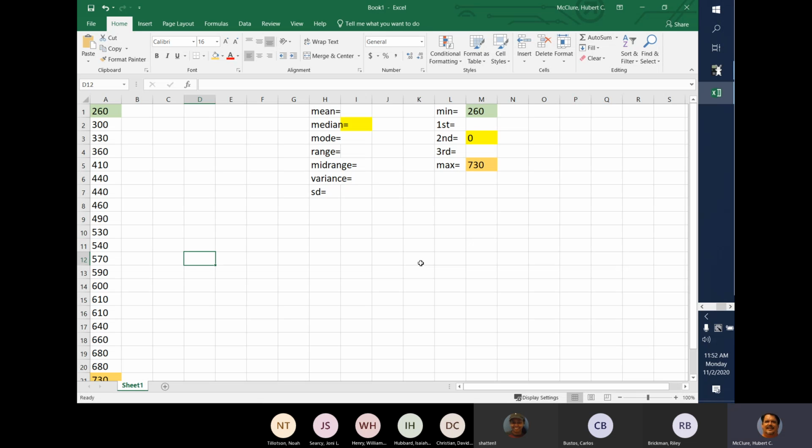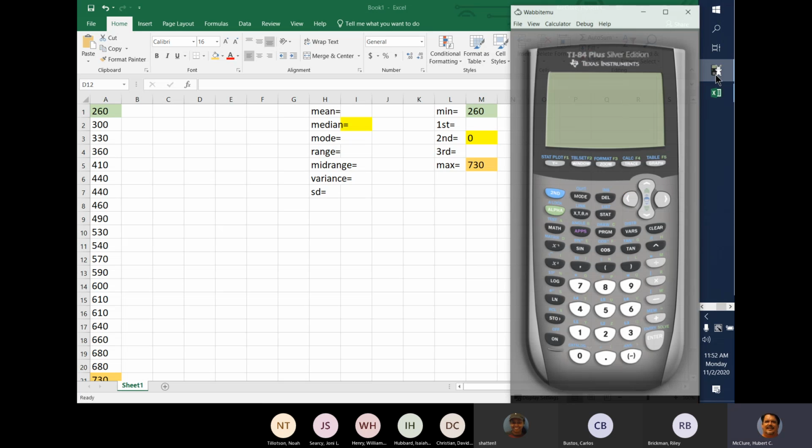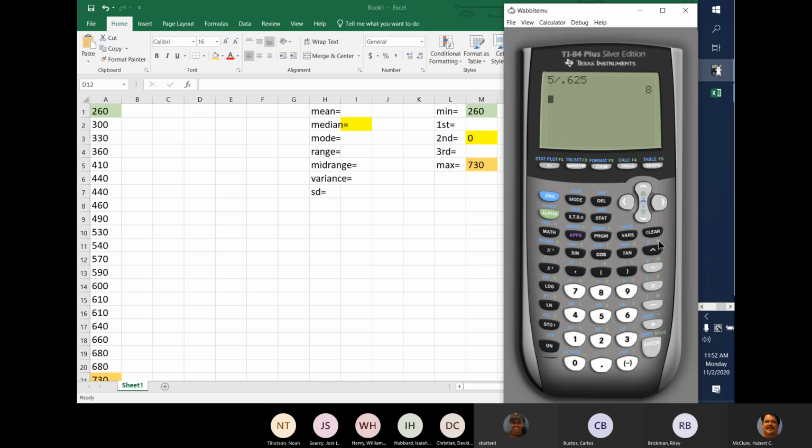So I'm going to pull up the handy dandy calculator. And I want you to hit stat. If you want to learn how to punch this in, hit stat and edit. That's just like saying open up a spreadsheet. Here's your spreadsheet. And I'm going to type these in: